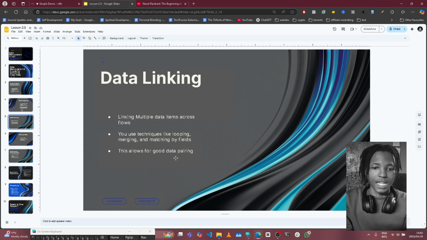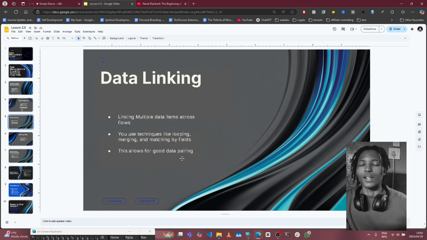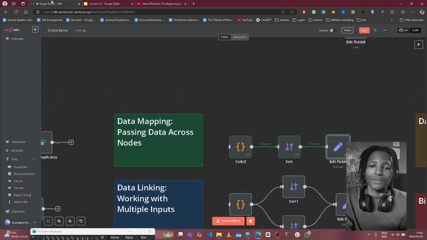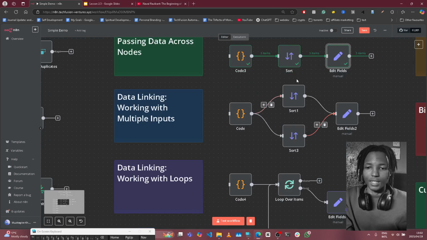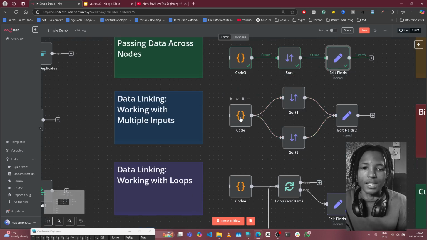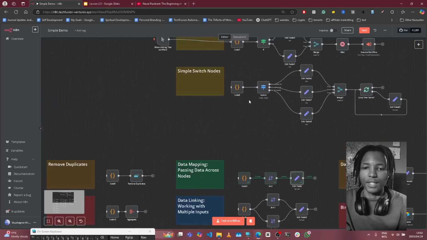Data linking is very useful during loops, during merging and matching by fields, right? And this allows you to pair data very well. So again, when you're doing multiple inputs, you have to be careful. And I will demonstrate this by using